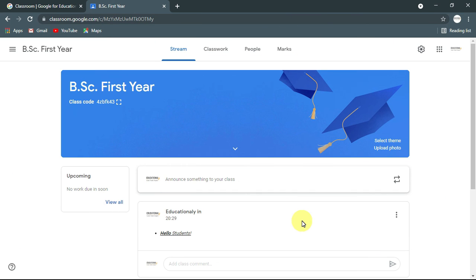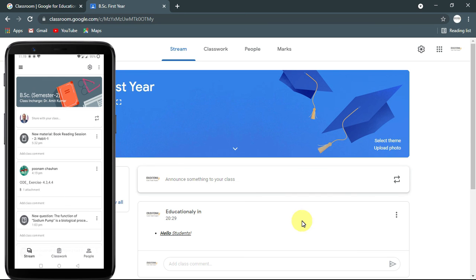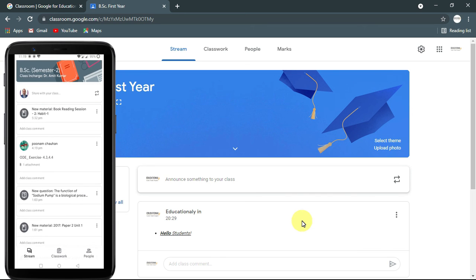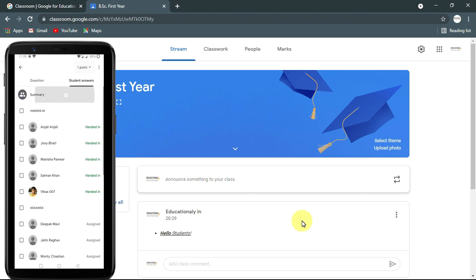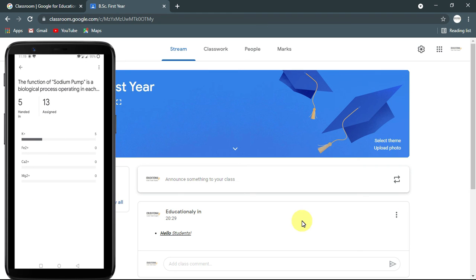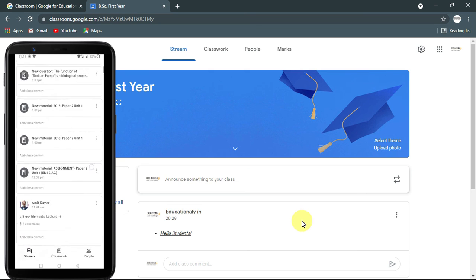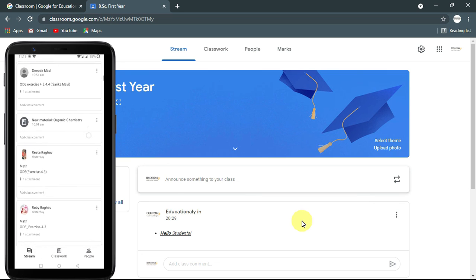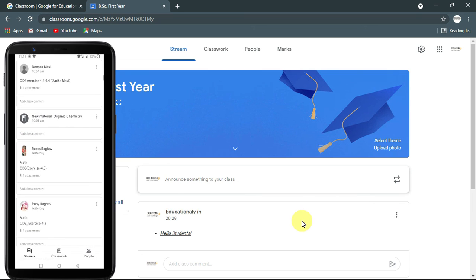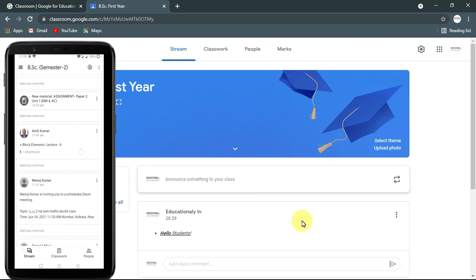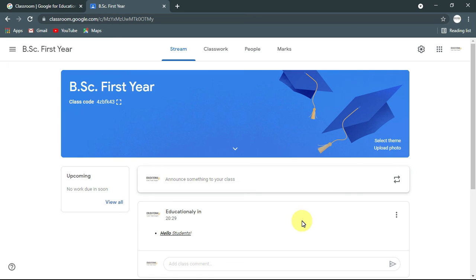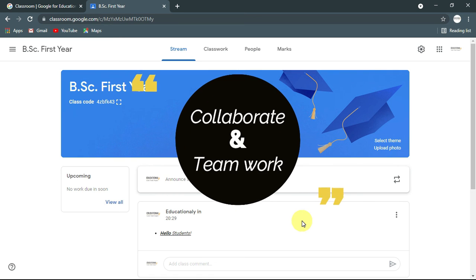This stream is not only for sharing resources among students and teachers, but it creates a record of what is posted on a particular date and time. One can go back as many times as one wants and revise their lessons, ask questions while learning, and discuss among their classmates. The teacher can stimulate creativity among their students by encouraging more meaningful discussions and projects. Not only this, as students share their work, give comments and suggestions, they are building an important life skill, that is collaboration and teamwork.